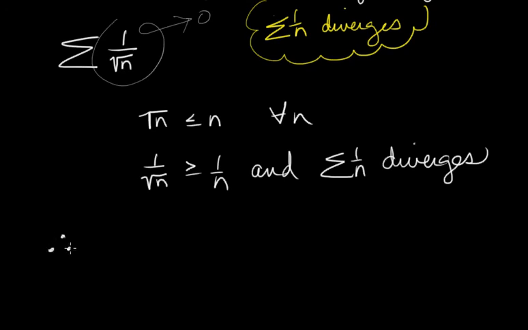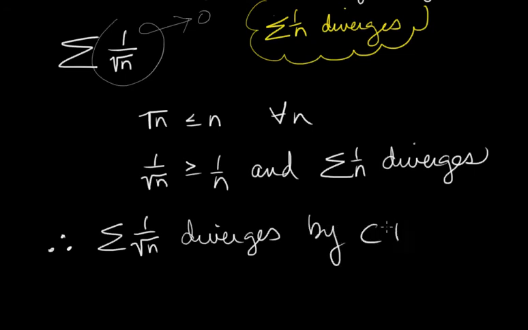Therefore, we make our conclusion: sigma 1 over the square root of n diverges by CT. So we got a sub n greater than or equal to b sub n and sigma b sub n diverging. Where I see students make a lot of mistakes in this is not putting the sigma in